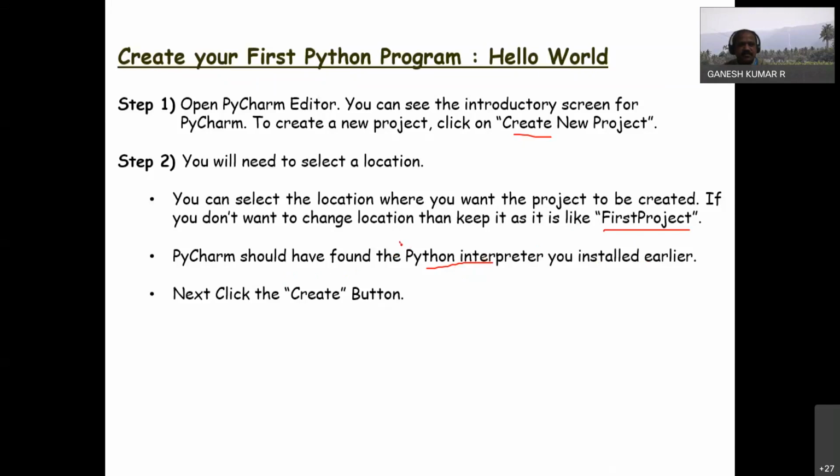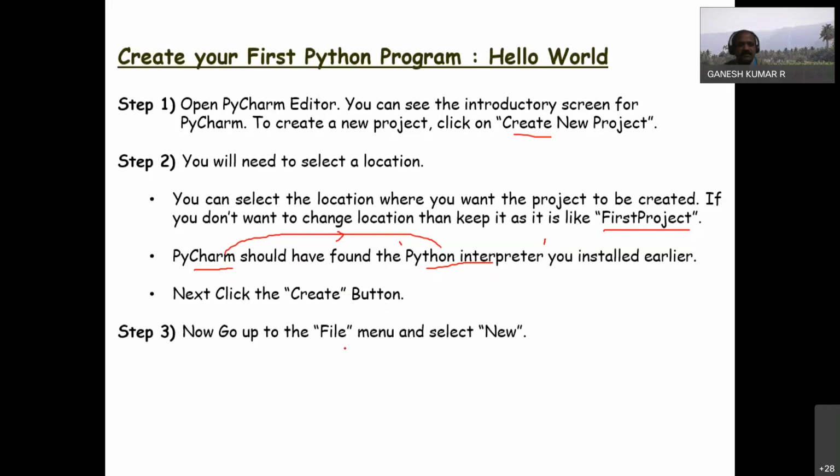So first, it is important to install the Python interpreter. Next, the PyCharm editor, the IDE. Once that is done, it will search for the source files, and the connectivity will be carried out automatically. So PyCharm will have the availability of all the source files, exe files, and supporting files which we had installed earlier.